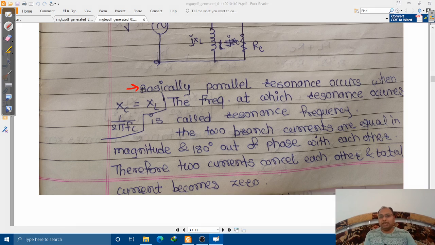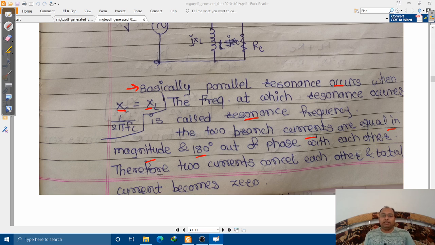Okay, so basically parallel resonance occurs under the same condition: if your XC and XL are matching, if they become equal, then and only then does parallel resonance occur. The frequency at which the resonance occurs is called the resonant frequency. We also know that the two branch currents are equal in magnitude, but opposite in phase